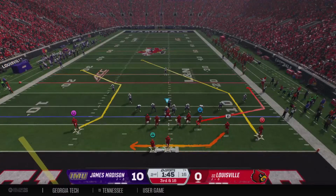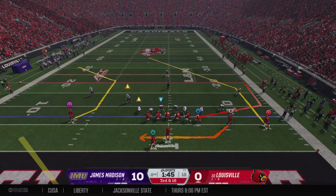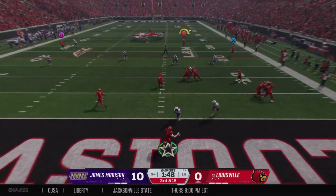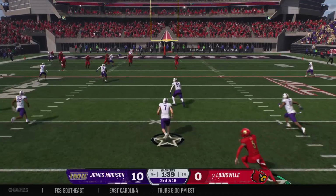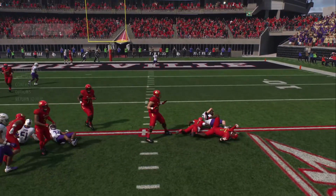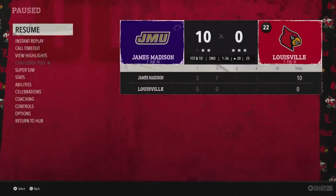The Cardinals are in a mess here on 3rd and a mile. Tosses it back. Intercepted, and the defense has set him up. Taking it the other way. And they'll close in on him after a good...